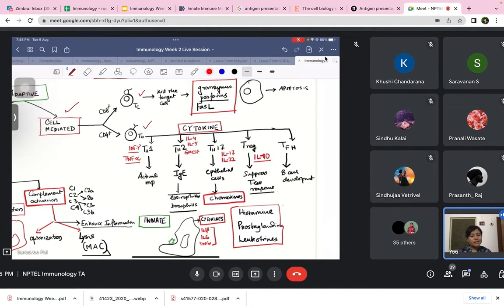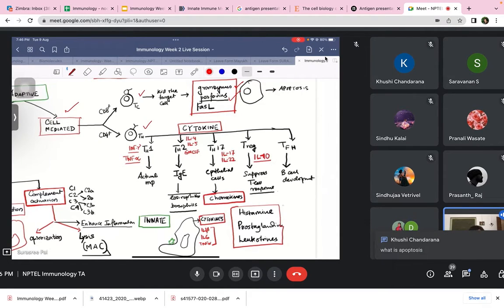Now what do the cytotoxic T cells do? What is the effect of these cytotoxic T cells? They kill the target cell by the action of some enzymes called granzymes and perforins. So they actually kill the target cell